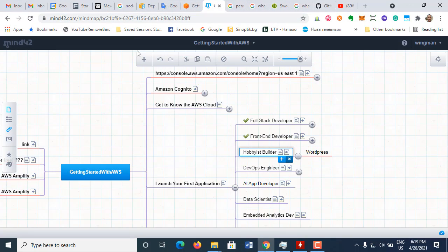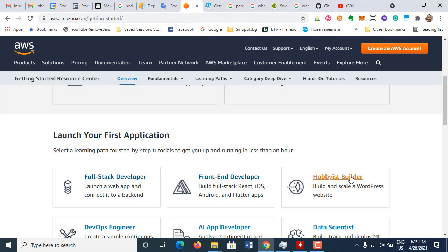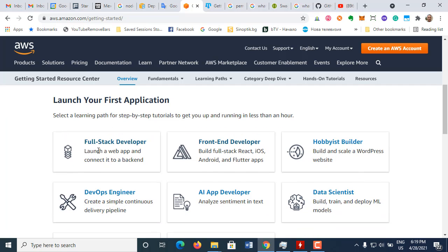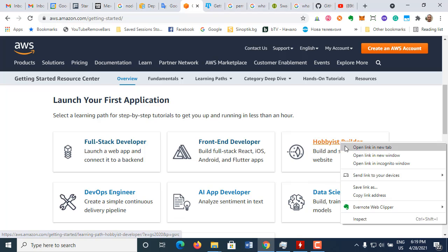Okay, let's continue with the next tutorial from Amazon, which is Hobbyist Builder. We did full stack developer with AWS Amplify. We did front-end developer again with AWS Amplify, which actually built the backend. Now we are gonna go with Hobbyist Builder. So Amplify actually I notice is